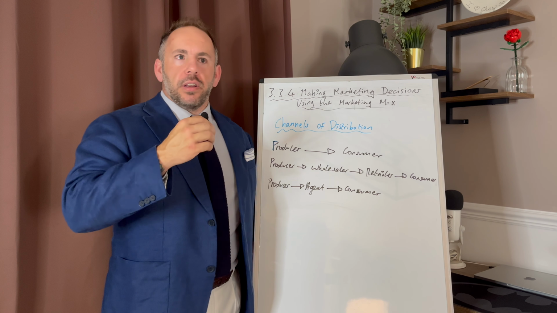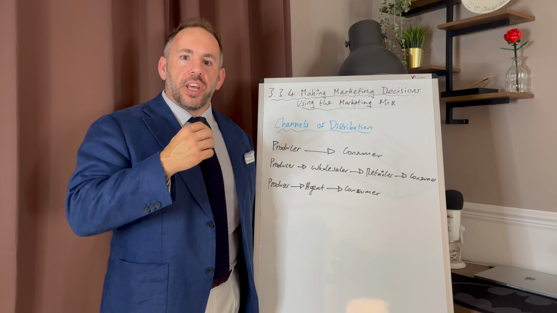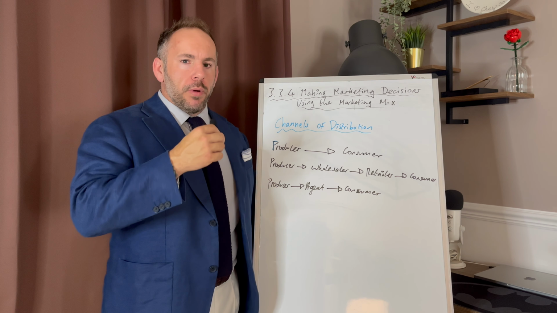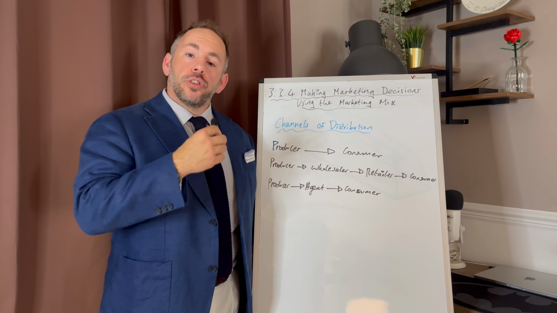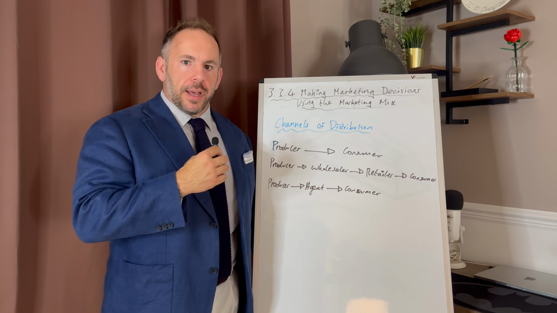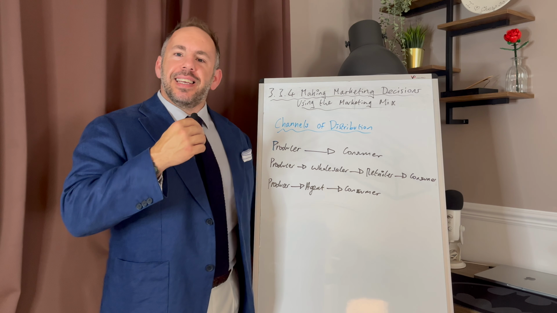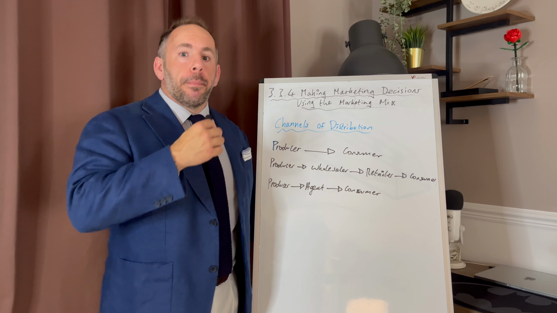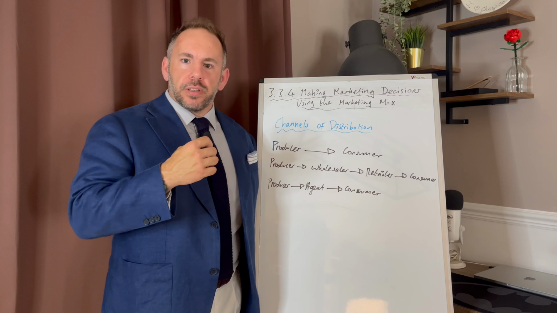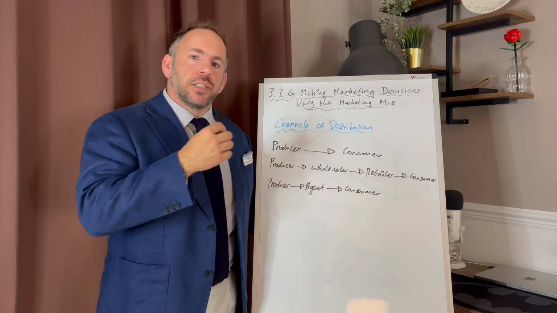Now, I only know this, there's a funny story why I know this, but I won't tell you why. But if you want, say, nautical insurance, or you want to insure a boat, there are brokers that do that for sure, but they're very minimal. But it's mostly producer to consumer. So if you want nautical insurance, you'll go straight to the underwriters. They're up at Lloyd's of London. Okay, so that's a very different kind of distribution channel. But then that leads to the price being very, very high, the premium nature of it. Whereas me and you going on to Meerkat Market and doing our comparison, blah blah blah, isn't very exclusive. Okay, and the main marketing driver there would be price, wouldn't it?